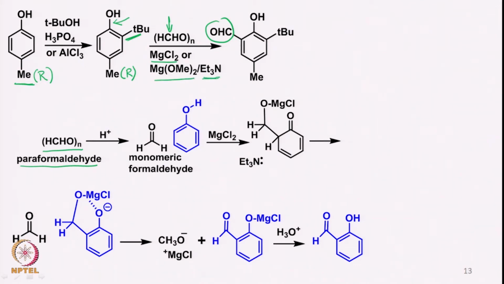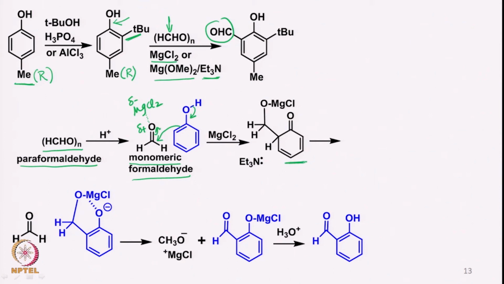This polymeric formaldehyde decomposes in the presence of acid to form monomeric formaldehyde, and then with protonation, or a Lewis acid in the form of magnesium chloride, for example here, delta positive forms here and delta negative forms here, and